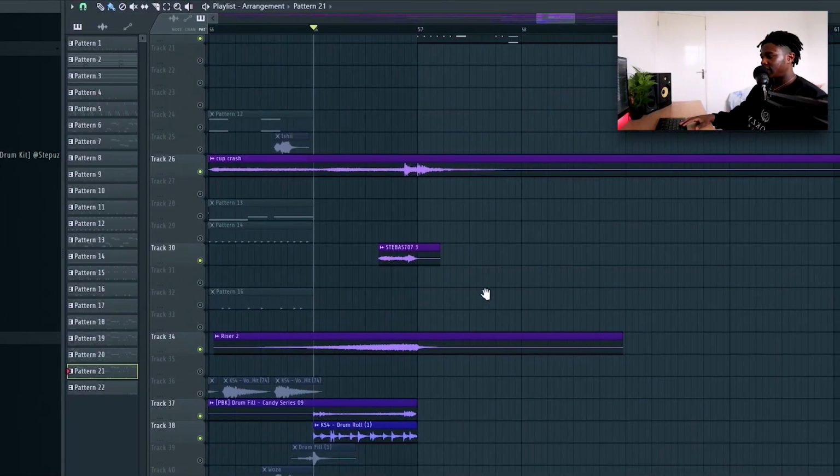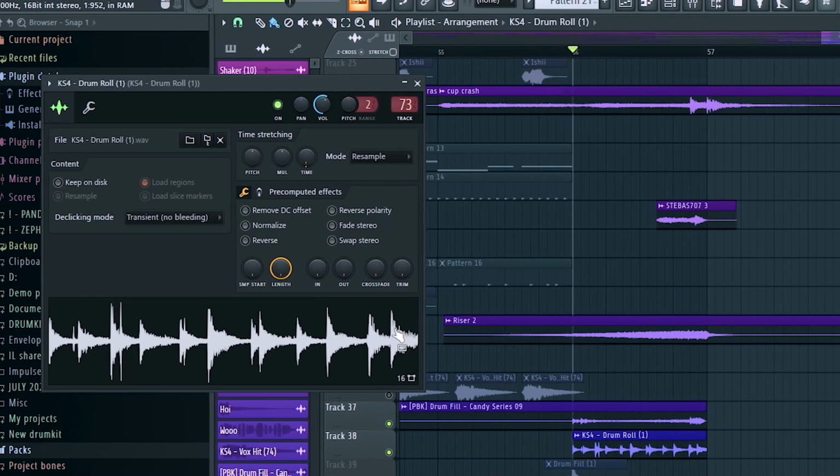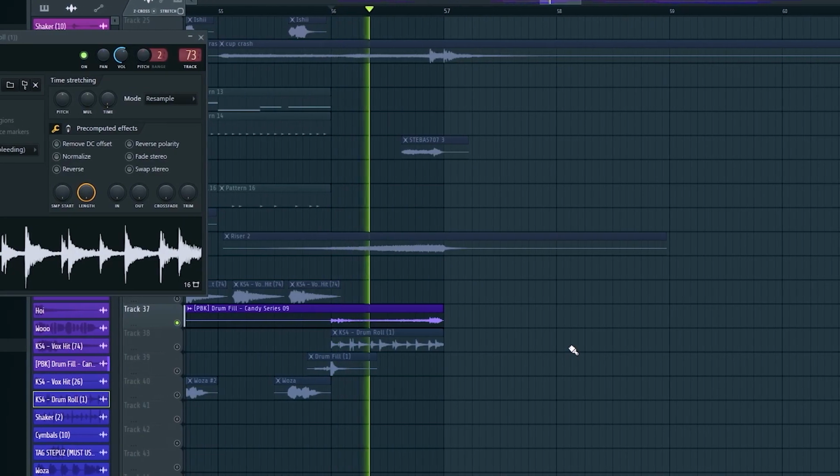So let me also show you what I did on the pre-drop. So as you can see, we have this drum roll that sounds like this, and then this other drum fill. Next there's the riser